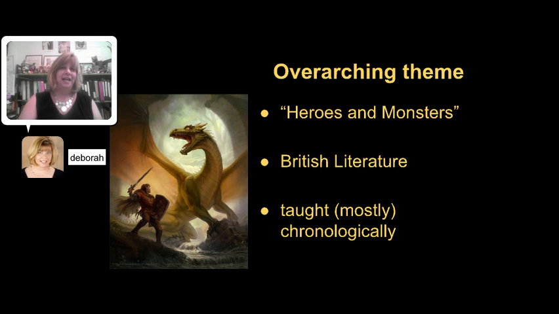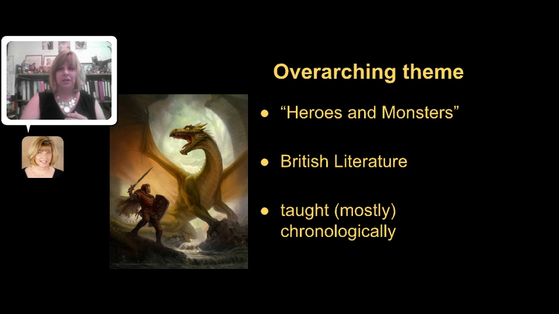So English 4 is a British literature focused course, and the overarching theme that we use to look at all of the pieces that we're going to study is this idea of heroes and monstrous. That is, what is it that's heroic and monstrous about each one of us? In some of the cases, we will be dealing with actual heroes and actual monsters, dragons and beasts and things, but in other times we're going to be looking at the way we treat each other and the way that even the common ordinary man can rise to heroic deeds and heroic stature.